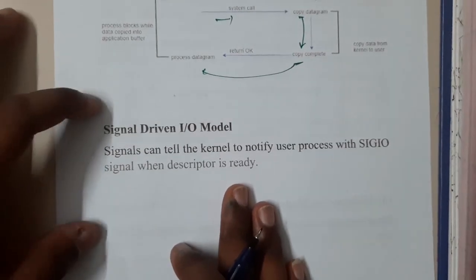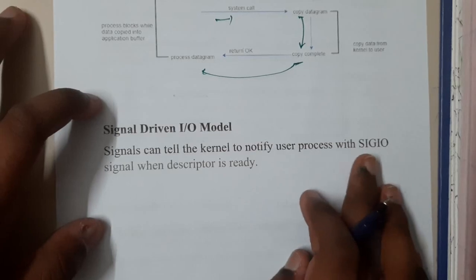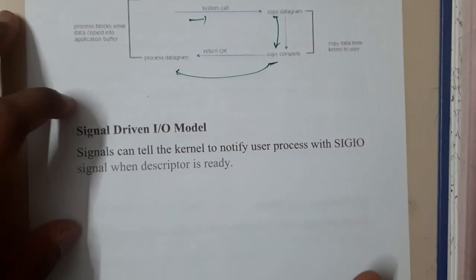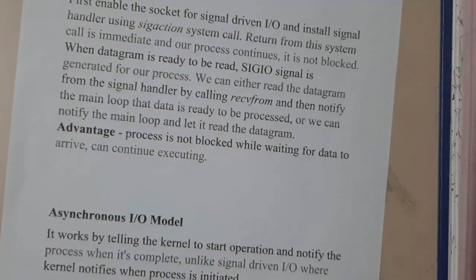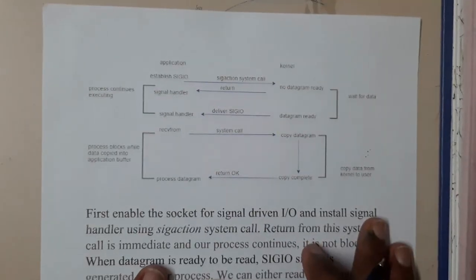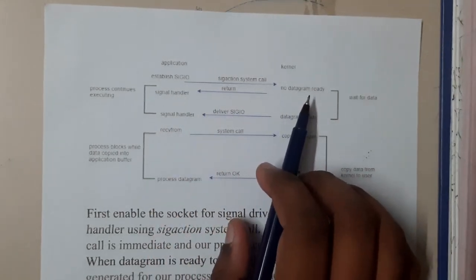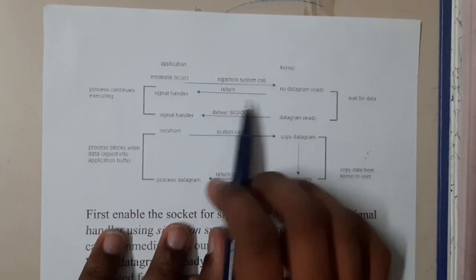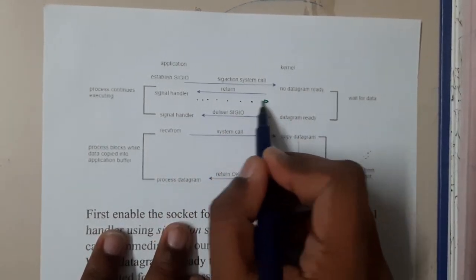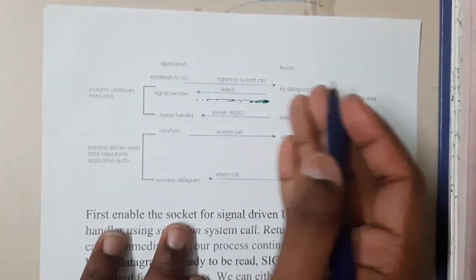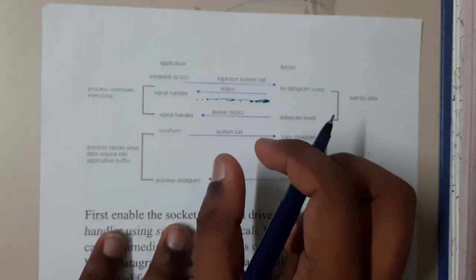Now let us go through signal driven input output. Signal driven input output is popularly called the SIGIO signal, which describes when it is ready, guys. Whenever it is ready, it will describe it in that way. Even though the datagram is not ready, it will send the response and wait until then. But here it will not keep checking in this way. Automatically, when the data is ready, the kernel will inform the application. That is the only difference here.